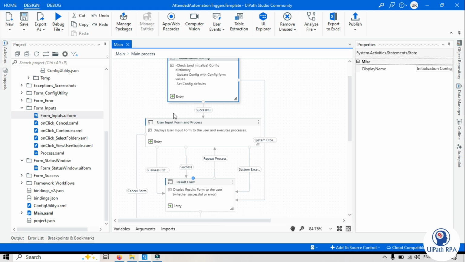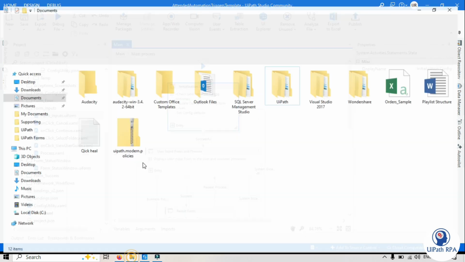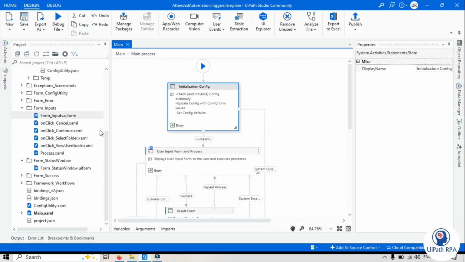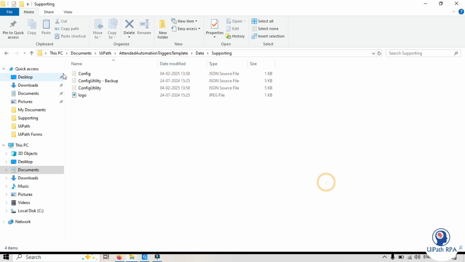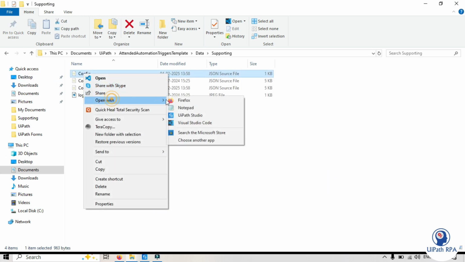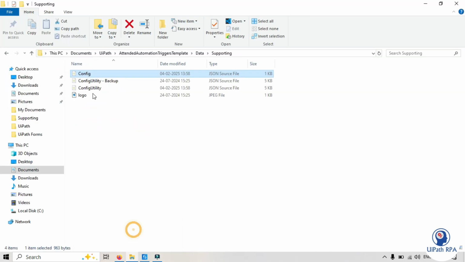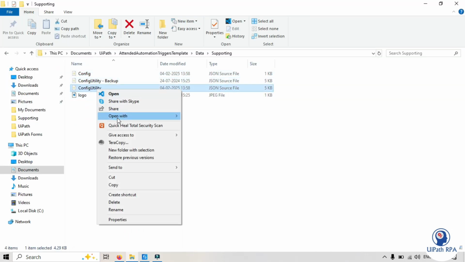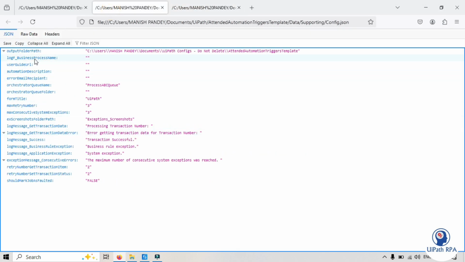So config is already available here. Now as we are done with this initialization part and config part, let me show you those config things. If we go to the data and then supportings, right click on the config, open this in Firefox. Let's take this config utility, go to Firefox. So if you see here,